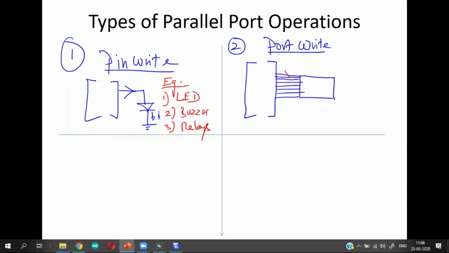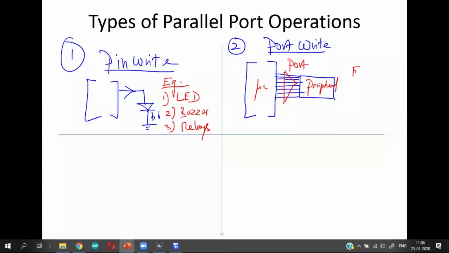The data flows from the microcontroller towards the peripheral device. So this is my microcontroller. This is my peripheral device. So one full port is used for writing data.